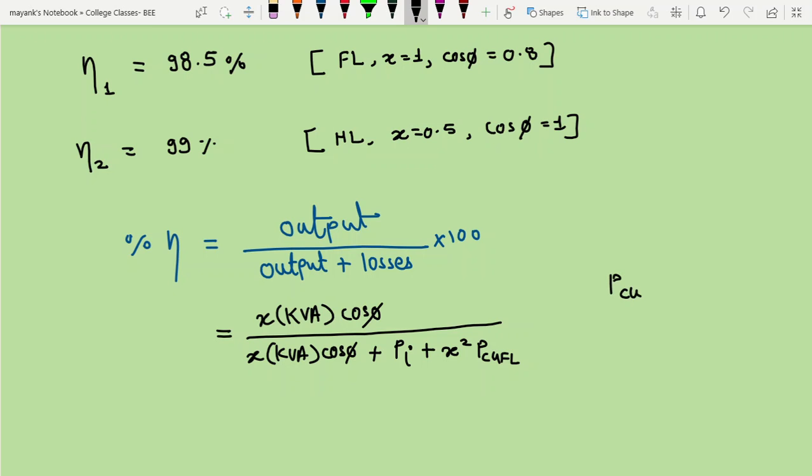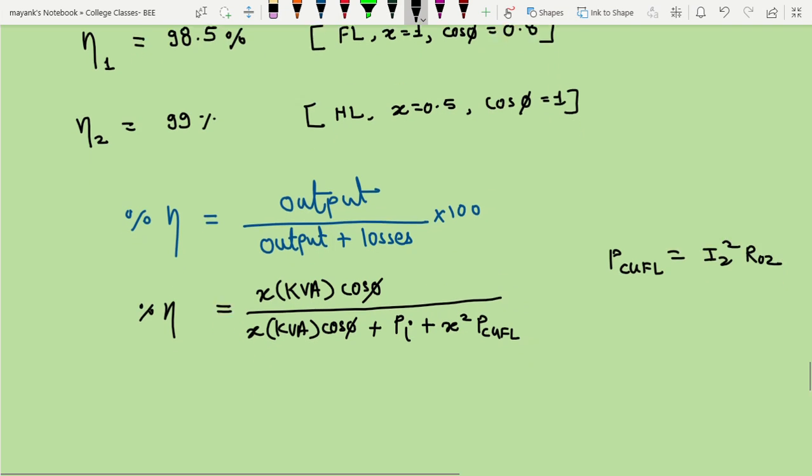See, copper loss is actually your I2 square R02, है ना. इसी को हम full load copper losses कहते हैं. Now this is fractional. किसी भी फ्रैक्शन ऑफ लोड पर आप एफिशिएंसी निकाल सकते हैं, ये वाला फॉर्मूला. सो फॉर द गिवन केस, फर्स्ट केस में आपको x का वैल्यू 1 गिवन है, दूसरे में ये गिवन है. So let us use this formula here